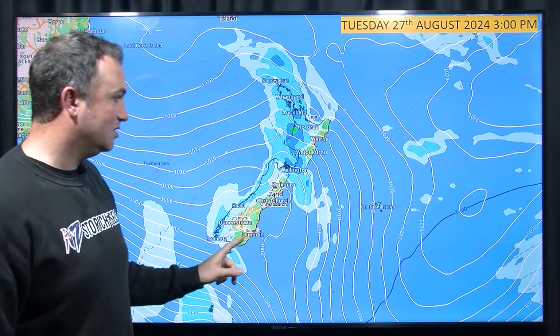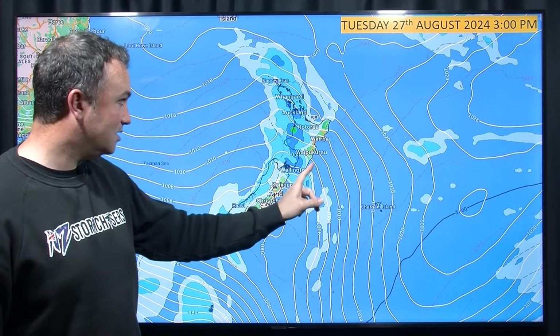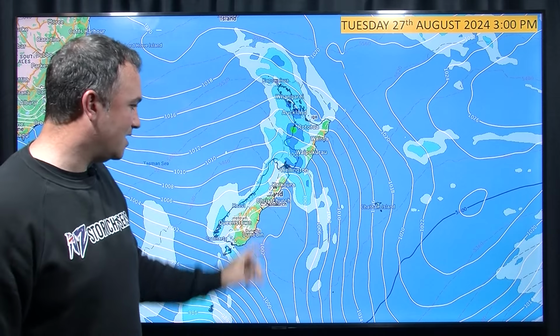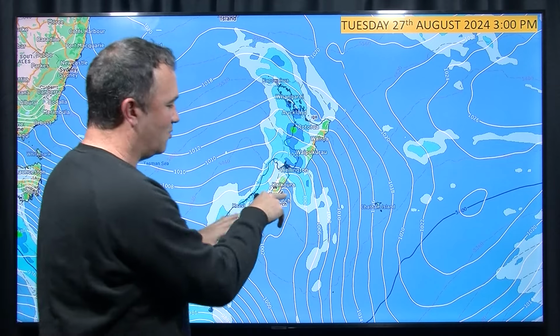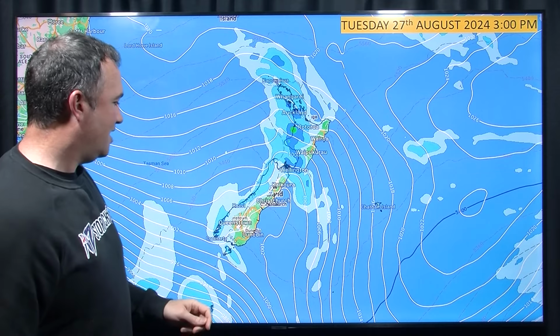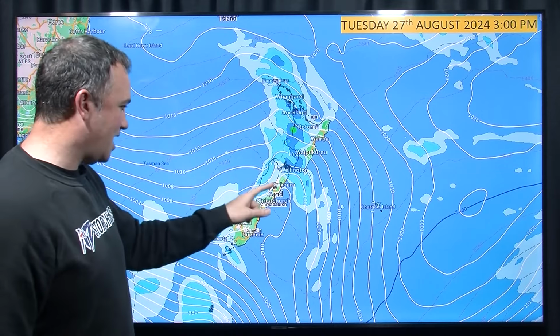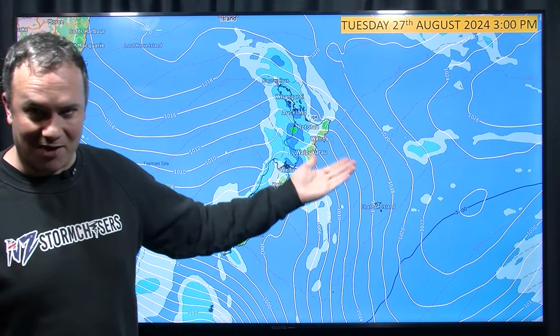Eastern regions, you're going to be reasonably warm. Quite a bit of high cloud for the east coast of the North Island. That'll be streaming out of that front there. The east of the South Island, once that front moves through, it's going to come across like that. In the morning there could be a bit of high cloud, but it should come out really nice in the afternoon. Quite pleasant in fact, and I am actually seeing some instability numbers here in the east Tuesday afternoon, but